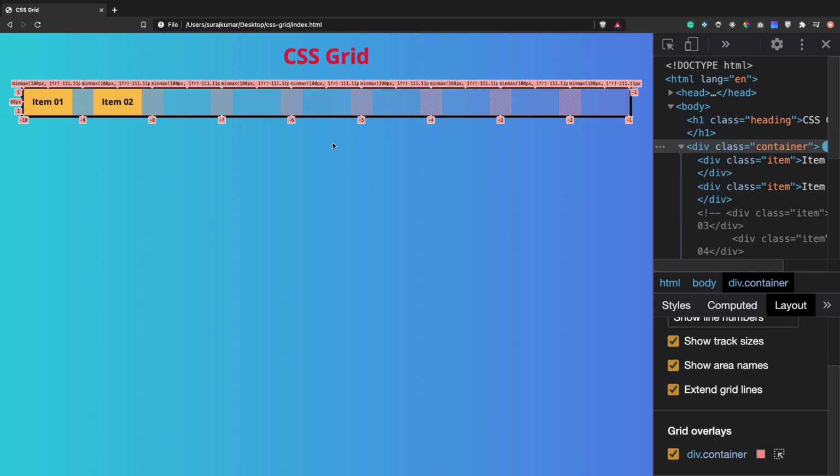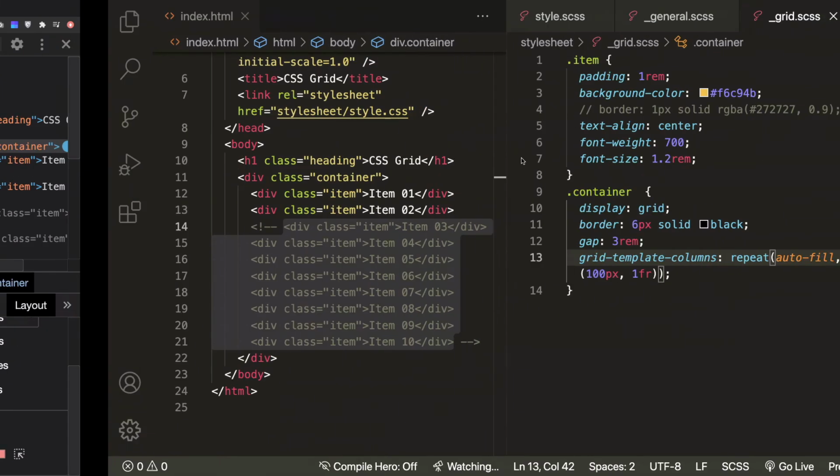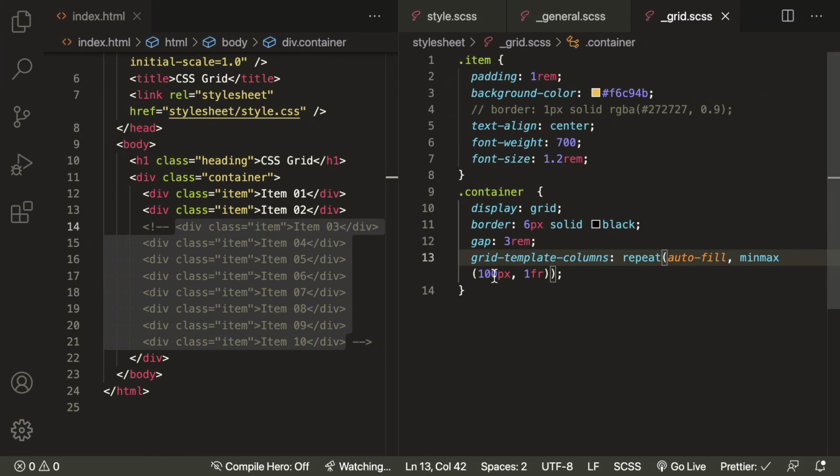Depending on the columns, it will take the whole horizontal space, and the free space will be divided between two or three columns, whatever the number of columns is.